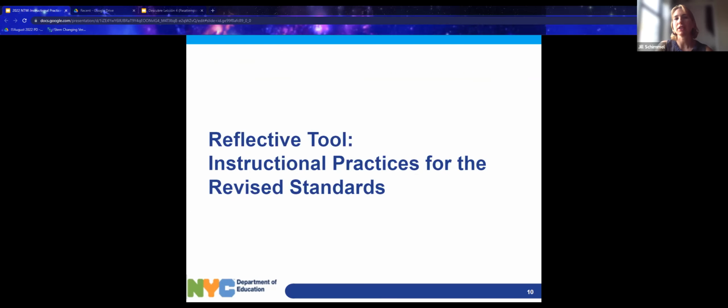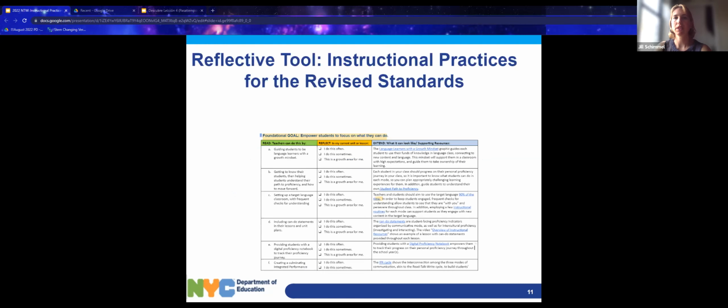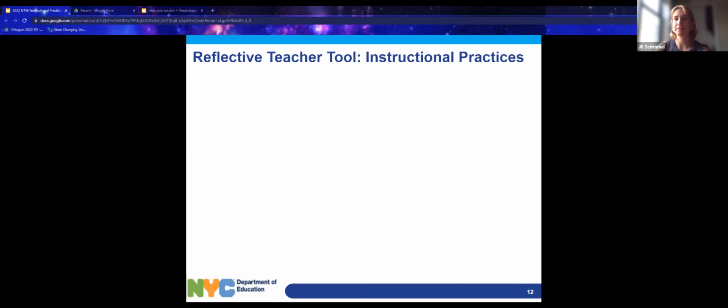So let's talk more about the instructional practices, what you can do in your classroom to get students to achieve these standards. Let's look at a tool created for you, outlining the instructional practices you can use. So please do go to your note catcher, click on the yellow highlight, and you'll open up a copy of this document. This is make a copy for yourself, and this is a chance, we'll go through it section by section for you to reflect on the instructional practices you're planning for in September. I know that you haven't met your students yet, but